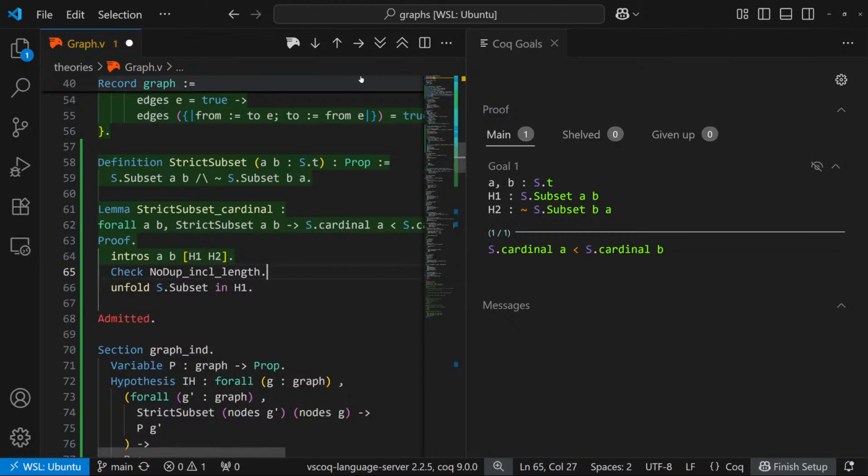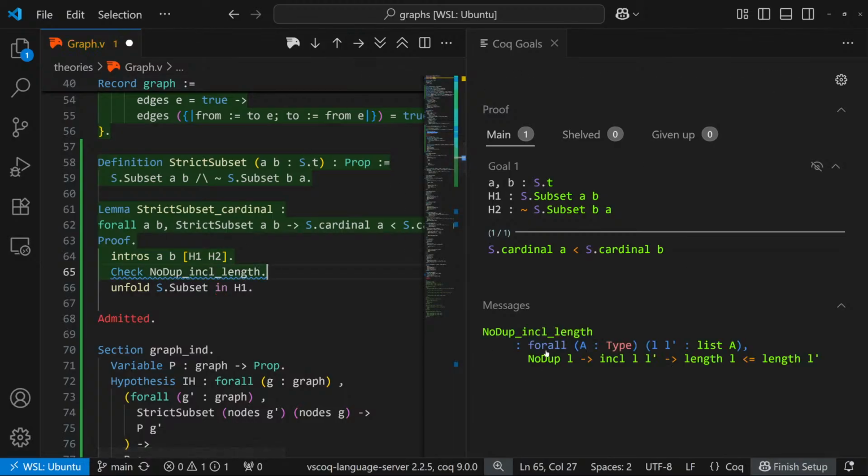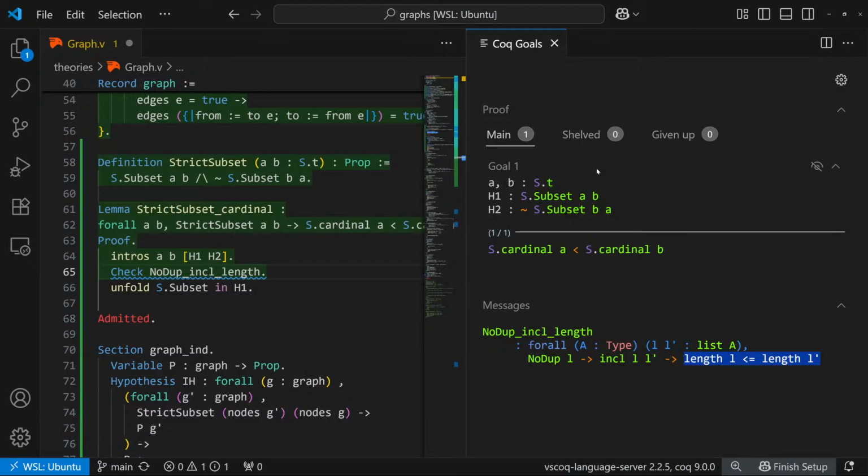So if we see this particular lemma, we see that for any set of lists, if there's no duplicates in the list, and everything in the first list is included in the second list, then the length is going to be less than or equal to. So we can convert from this H1 into this incl, and then we know that there's no duplicates within the set,